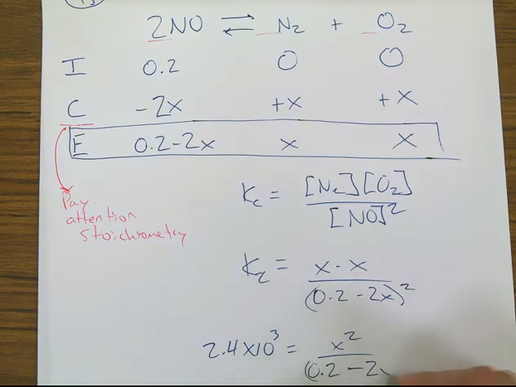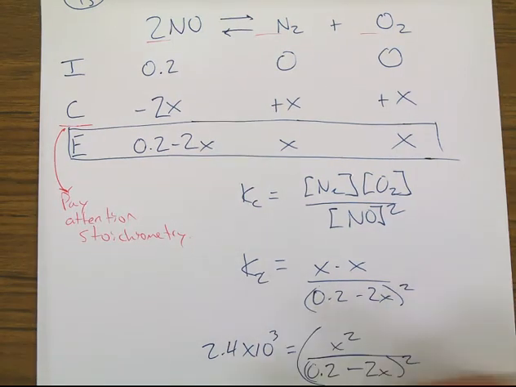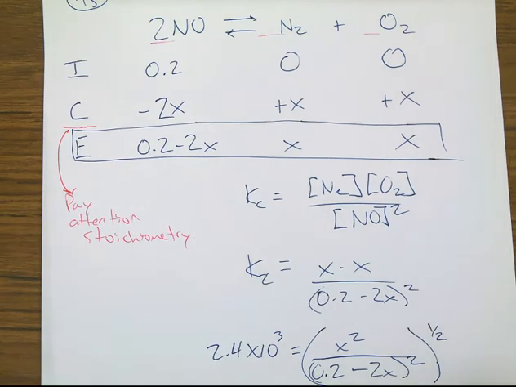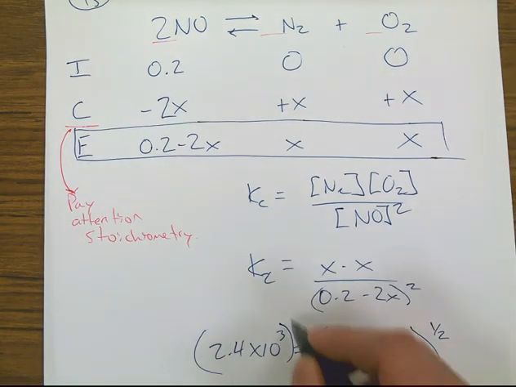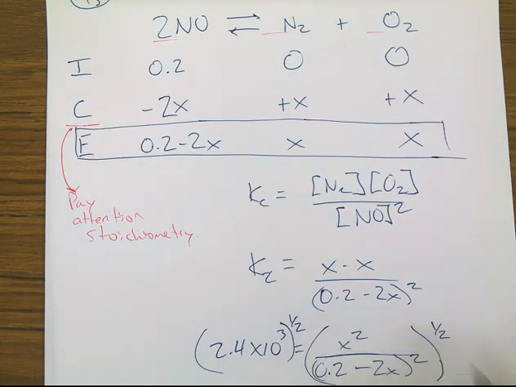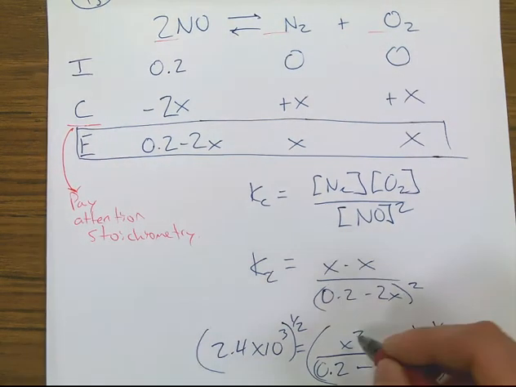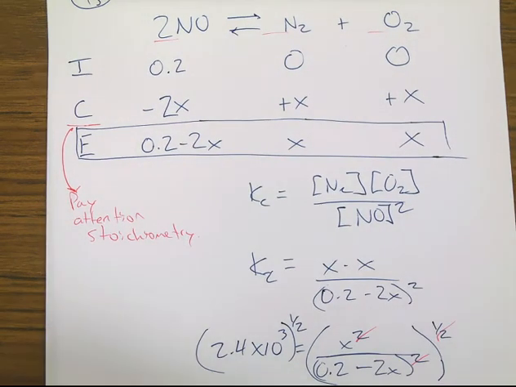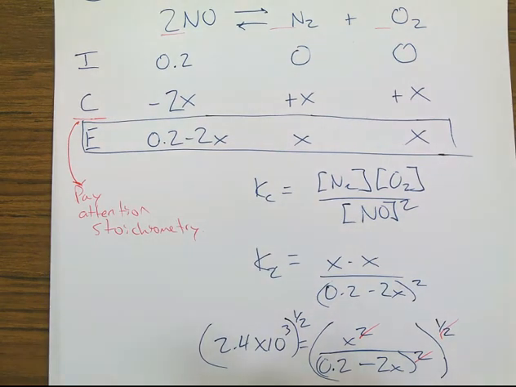minus 2x squared. Now, there's a wonderful property algebraically where I can take the square root of this whole thing, and in science we typically like to write square roots as to the power of half. If I do it to one side of the equation, I obviously have to do it to the other. If I take the square root of this entire side, I get rid of this power of two, and I get rid of this power of two, so that I end up with the square root of 2.4 times 10 to the third